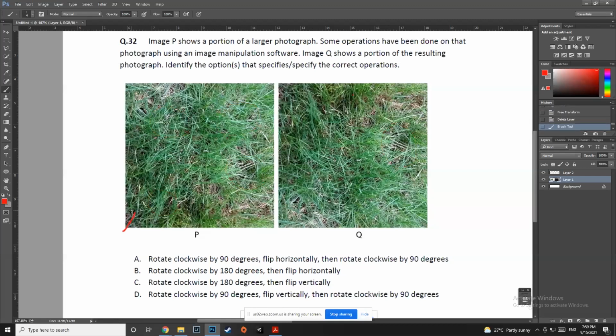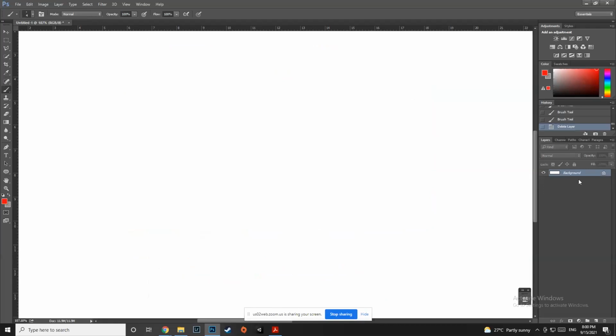This is the dark corner. Option B, rotated clockwise 180 degrees here. Flip it horizontally, it should be here. Oh, sorry, flip it horizontally, it should be here. And I can see that it is here. I already get the answer. So I can say that B is correct. It happens that fast. Okay, cool.